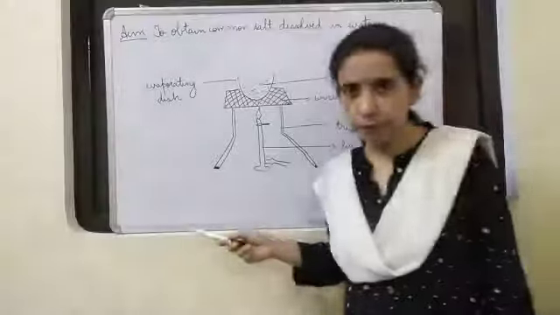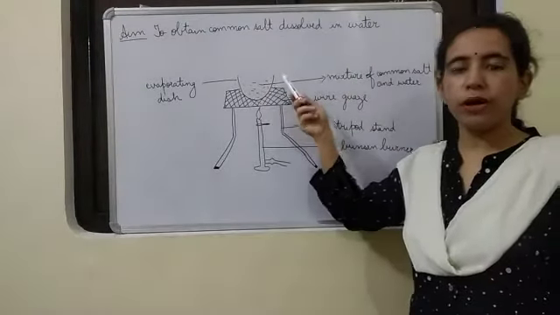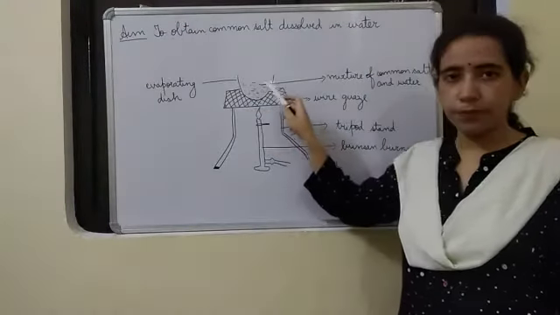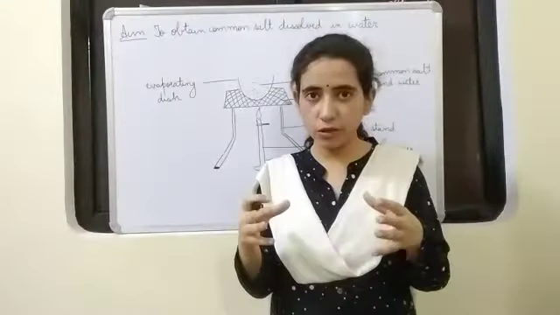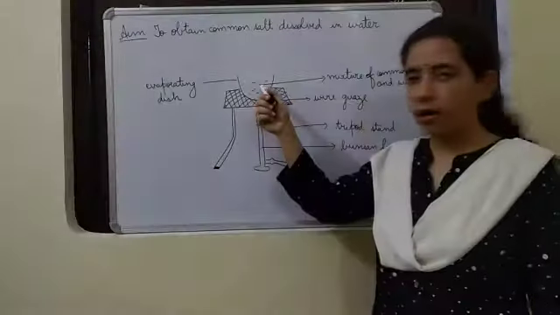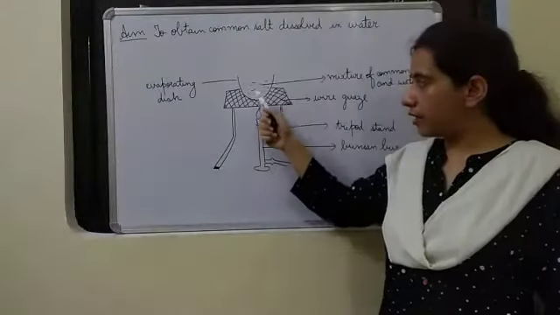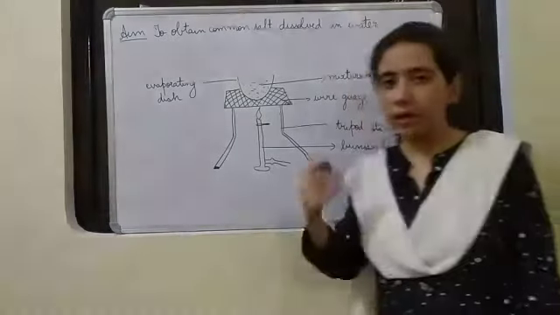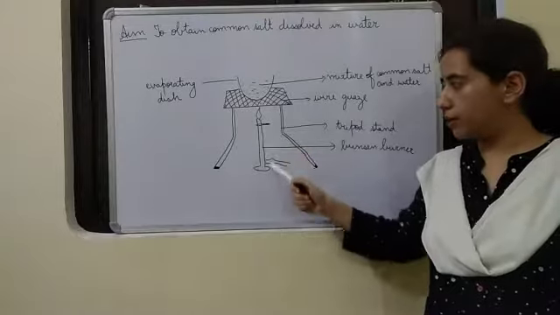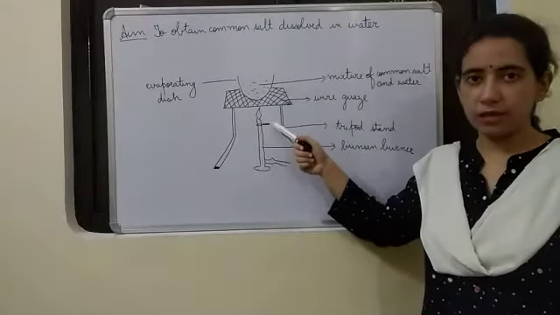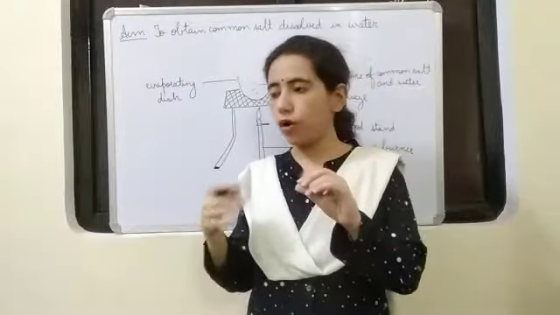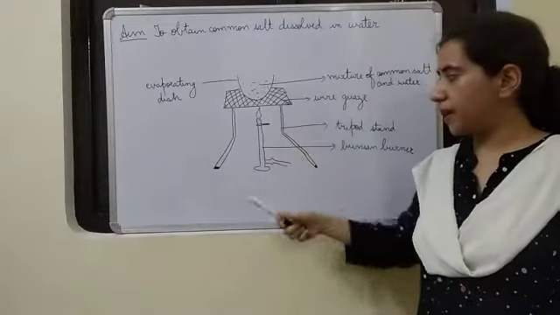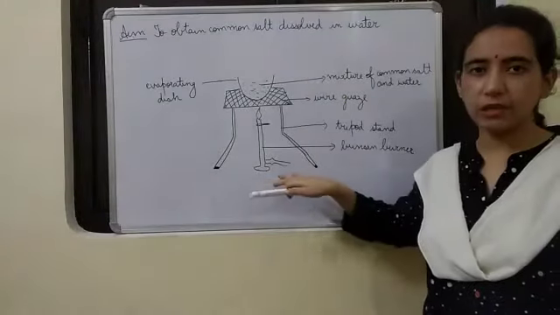So this is the setup. It consists of an evaporating dish. Evaporating dish is also known as China dish. This evaporating dish is kept on a wire gauze. If you remember, wire gauze is a wire mesh that is used to support the vessel for heating. This wire gauze is kept on a tripod stand. You can see the tripod stand here, and for heating we have to use a Bunsen burner. This is the burner, this is the supply, and here is the lid that is used for opening to allow the gas supply. This is the Bunsen burner. This is the complete setup. So what will we do?